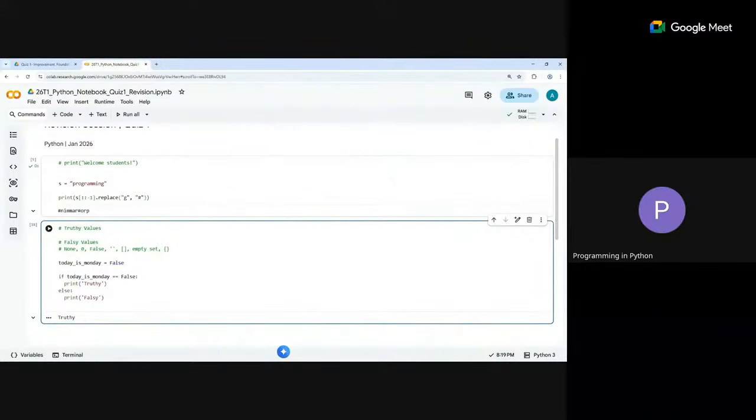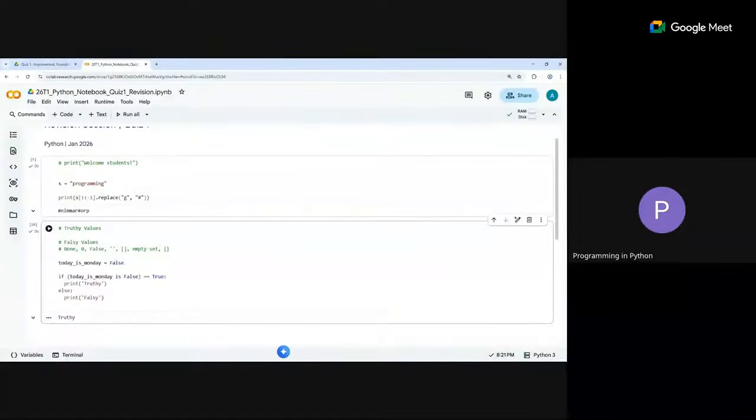And then of course you can also say equal to false. That's also okay. So then if this whole thing becomes true, meaning if today is Monday is false, or you may as well say is false like this, then you go inside. So it'll say truthy now, because that's how I put it. If it is false, then you go inside. So this entire thing now becomes true, the fact that the variable today is Monday is false. This becomes like a condition again in itself, and then again it starts checking for equal to true. So the equal to true part is implicit. You understand what I'm trying to say there?